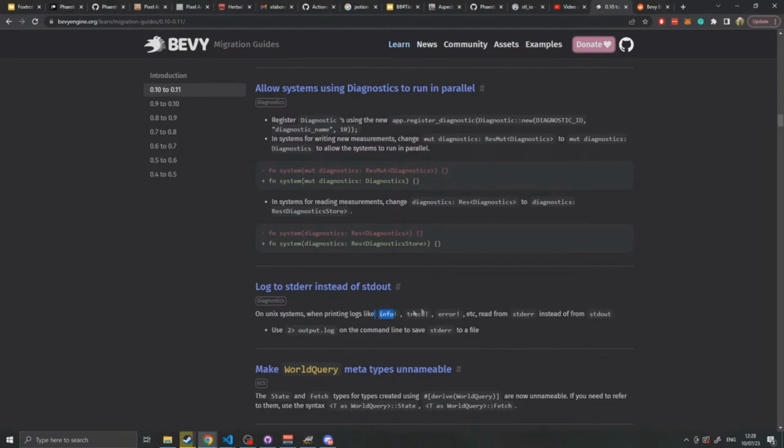basically tracing related ones. So info, trace, and warn, etc. Now they log to error instead of out. So anything you println will go to the main output, but anything you call like info, trace, and error to will go to std error, which I agree with what they've done, except I don't think things like info and trace probably should. But info I feel like should still go to std out just because